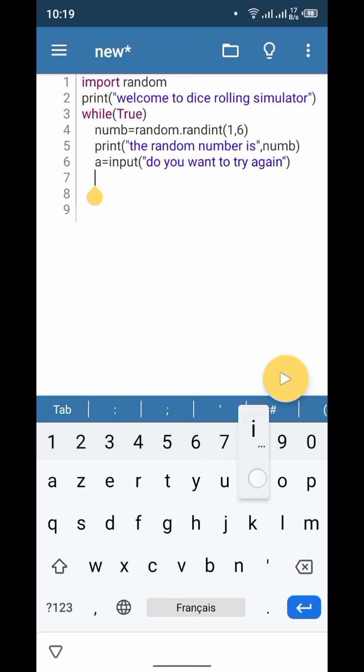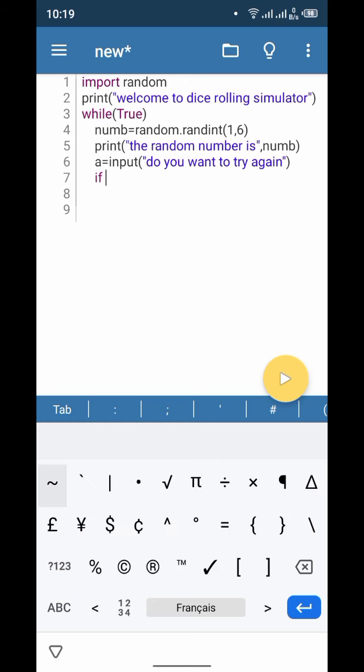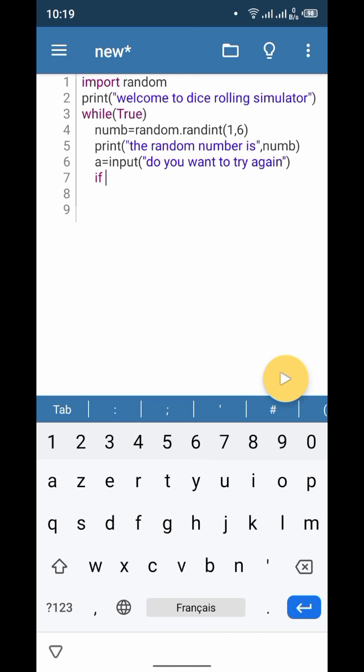So, and now let's use the if statement: if the word yes in a, continue, it means